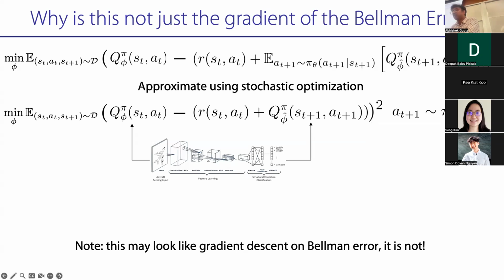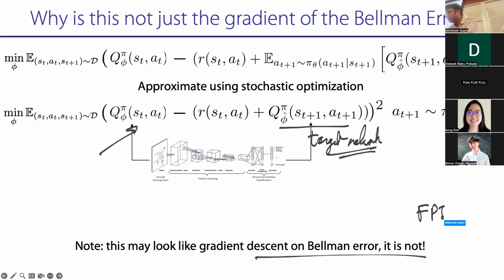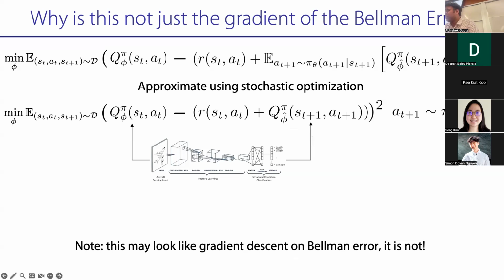And as a result of doing this somewhat sketchy procedure, this is often called a target network. This sketchy procedure changes this thing from gradient descent to fixed point iteration. So it's not gradient descent. It looks like gradient descent, but it's not because your objective is constantly changing. It's not like doing gradients on a consistent objective. And so that's what makes the dynamics of off policy RL kind of hard to understand, because it's not gradient descent. Because you're not passing gradients through both sides of the objective.